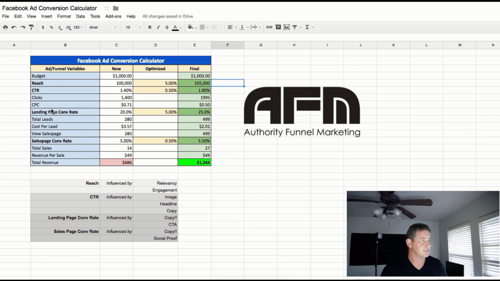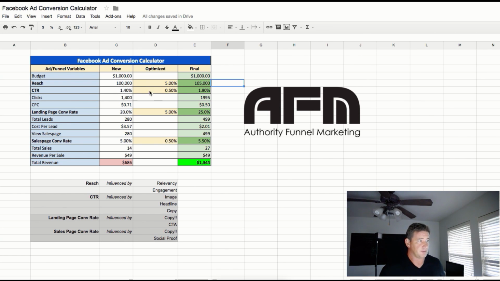Okay, so the next thing we're going to look at is the CTR. So click-through rate is probably the easiest thing to influence out of all of these variables. Click-through rate can easily be tested very quickly by creating multiple versions of your ad and split testing. Okay, by doing that, you're going to quickly cycle through 5 or 10 different versions of the same headline, different copy, and you're going to be able to test all these variables and very quickly improve that.